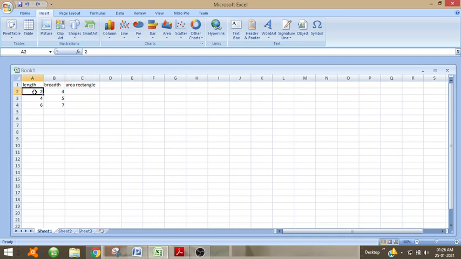Click on the length column and put star and click on the breadth column.